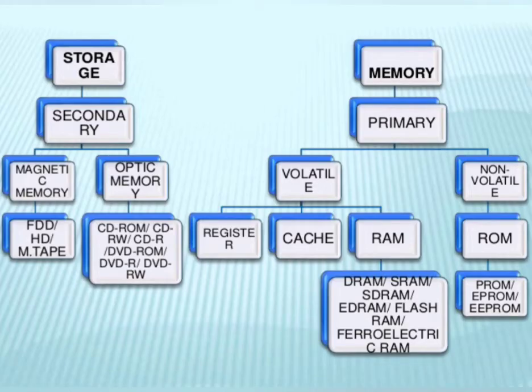Storage: secondary storage, magnetic memory, optical memory. Magnetic memory comes as FDD, HDD, and optical memory is CD-ROM, CD-RW, DVD-ROM, DVD-RW. Memory is primary, volatile, non-volatile. Volatile is RAM, non-volatile is ROM. RAM is further divided into